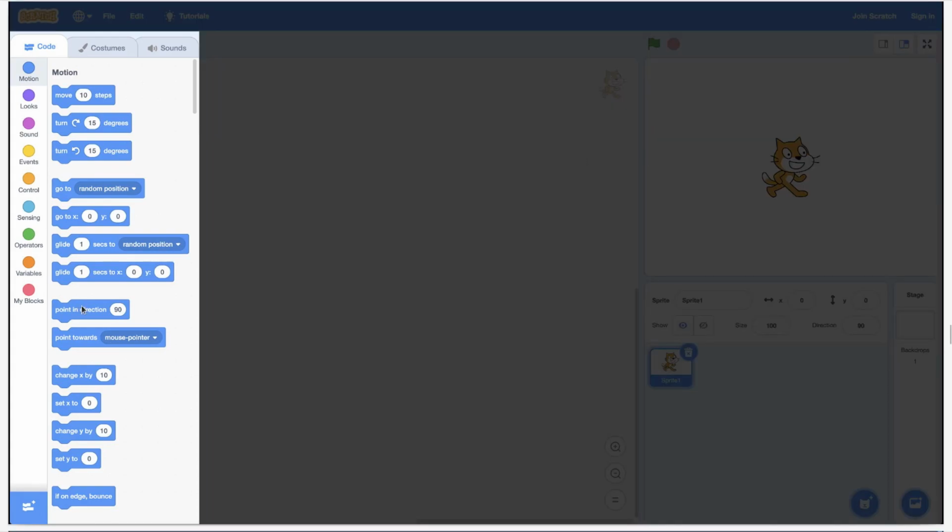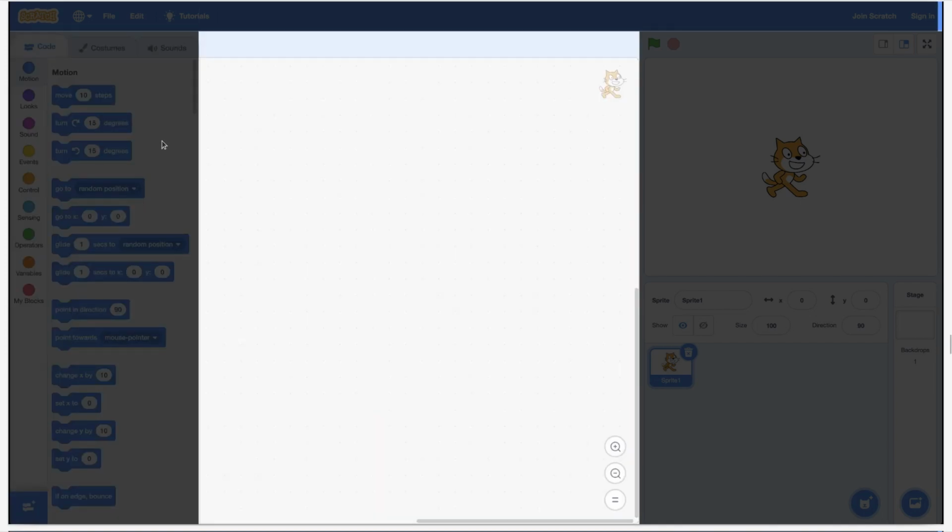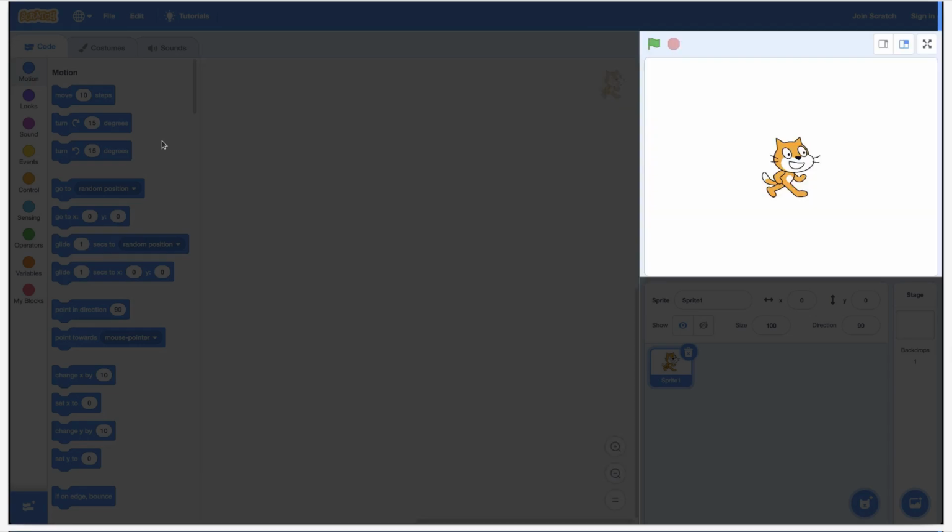Here on the left side are blocks which represent functions. This is our pane on which we can drag and drop our functions. Here is our character, and we can see him in motion. We can see him doing the actions we told him to do when we click this green flag.